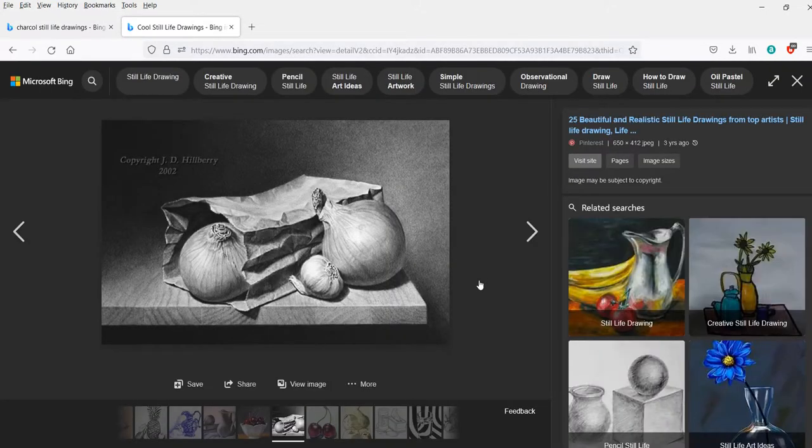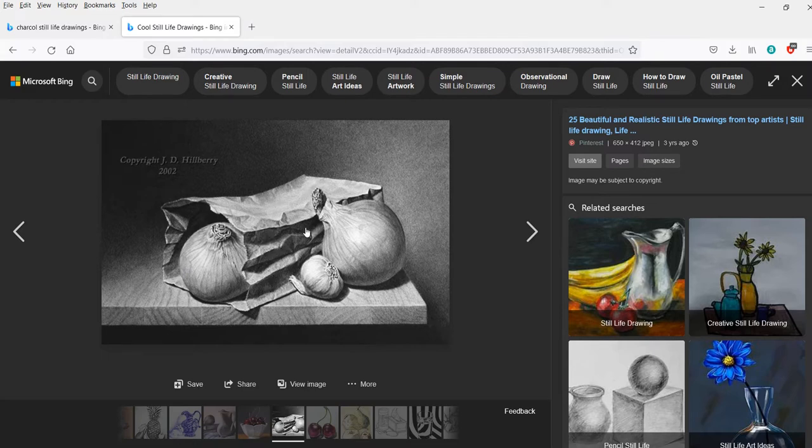So you can set up quite a few things. So let's get creative, right? Don't just set something up to get through the class and set it there and that's it. Like these onions in the bag, that's a pretty good composition. It's interesting. You have all this dark area in here, and now this light's up here where the onion is getting hit by the light. A little darker area down in here, all the veins in it, and then the folds in the paper and the surface.